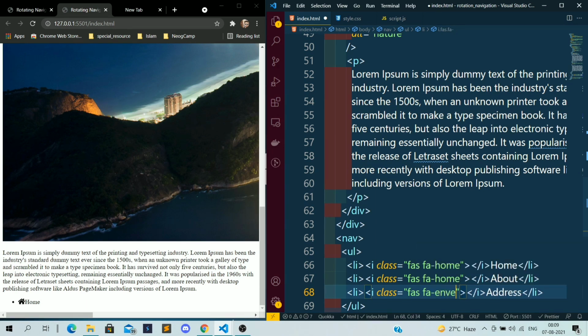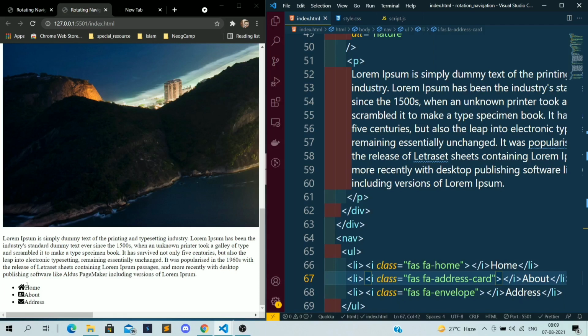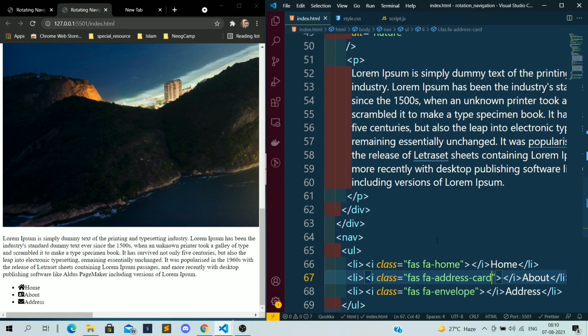So envelope, and for about I want fa-address-card. If I save it, you will see this will come: home, about, address with the icon. So this is enough for HTML. This is only required for HTML.